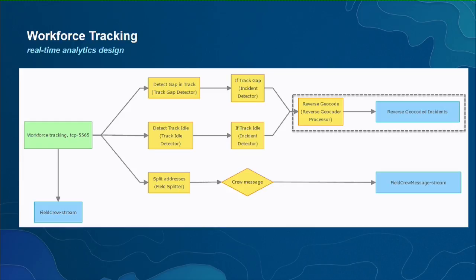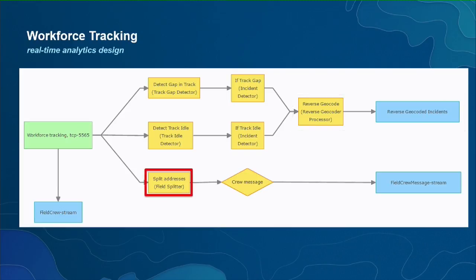And this is useful in the case where they send a message, and that message might go to multiple destinations, right? They might include the text message for the supervisor, but also the email for the administrative assistant and whoever it might be. So when that message comes in, the set of addresses would actually be a comma-separated list as an attribute in that GeoEvent message. So we use the field splitter then to